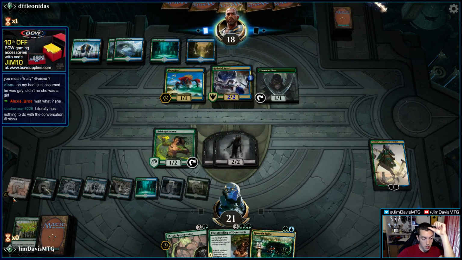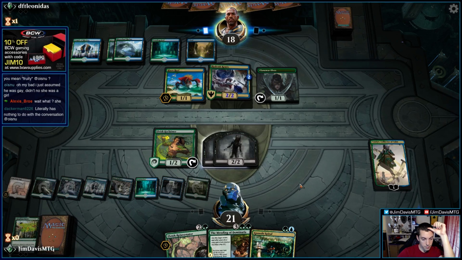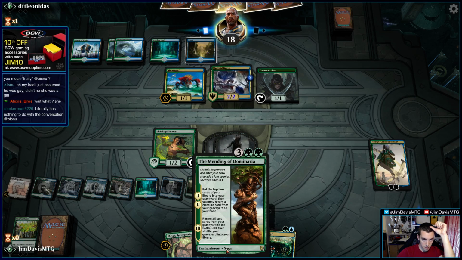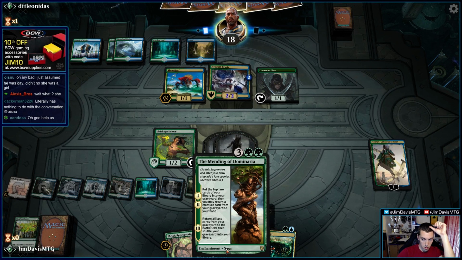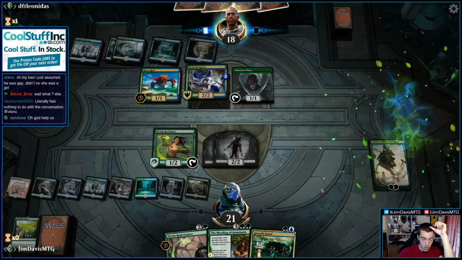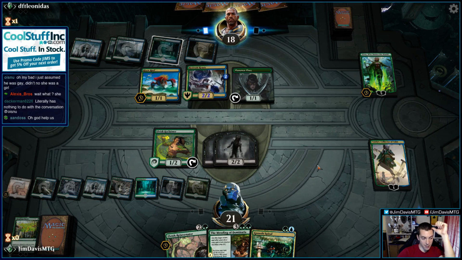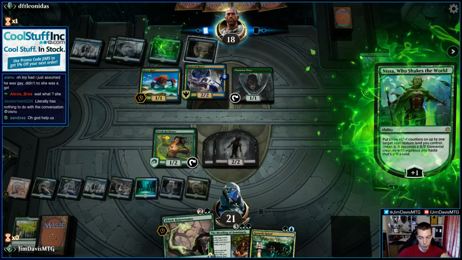Alright, this card's kind of weird. Nissa? Strange and magnificent. I mean, they get to kill Tamiyo, which we've kind of given them, but we get to, like, Mending and Rejuvenator, so...